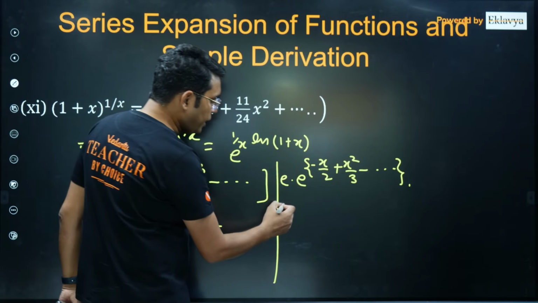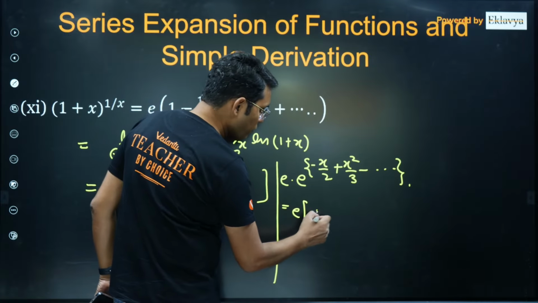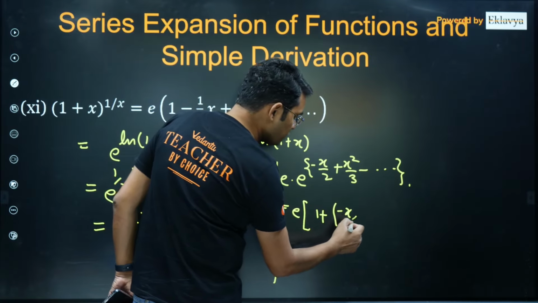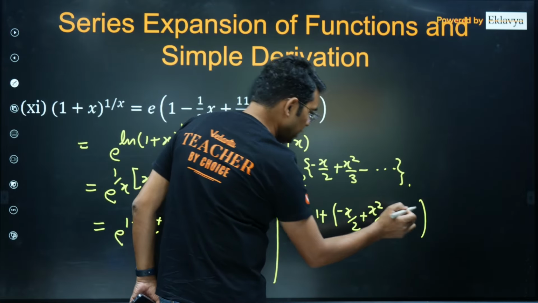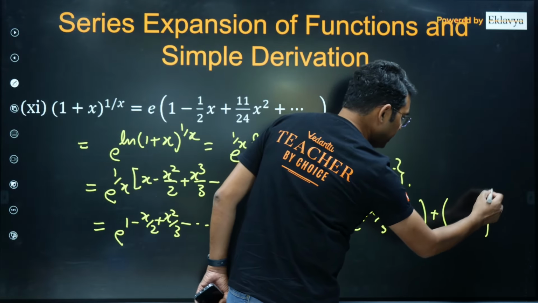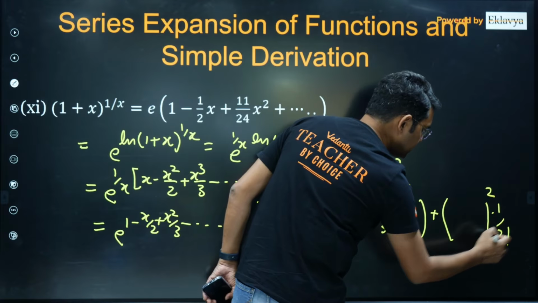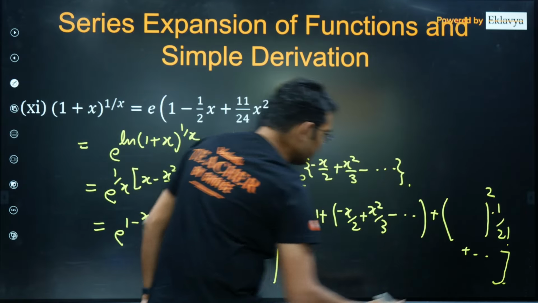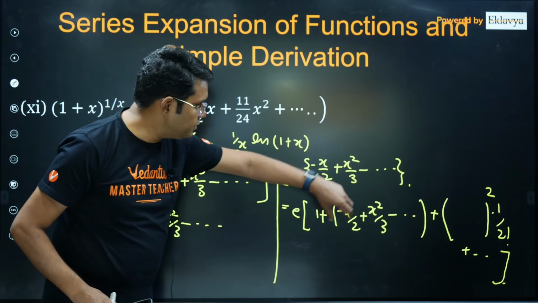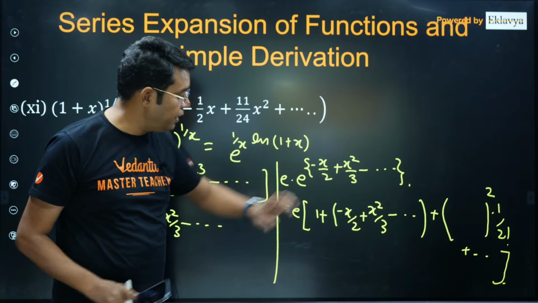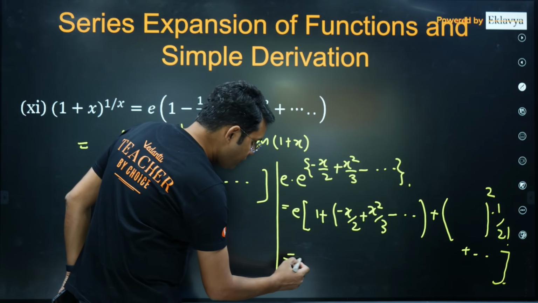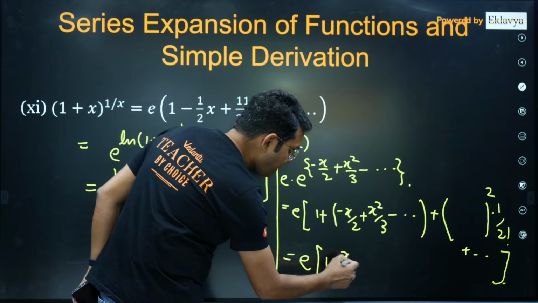So if you expand it, it will become e into 1 plus minus x by 2 plus x square by 3 minus and so on, and then the whole square into 1 upon 2 factorial of the same thing and so on. Now you can see, if you open these brackets, minus x by 2 term will come from here only, there is no x term there, so it will be e into 1 minus x by 2, and then